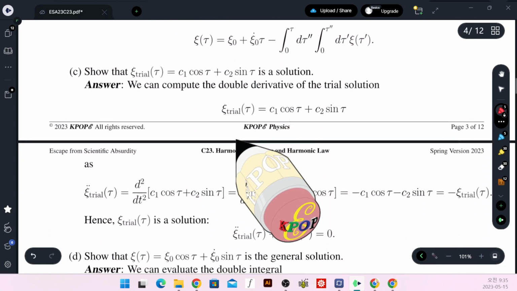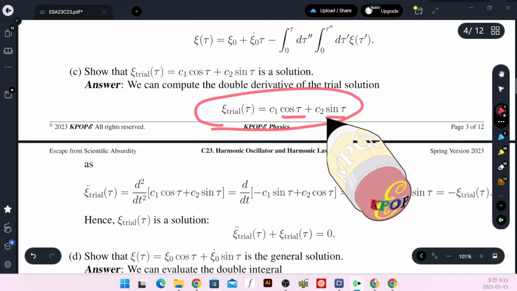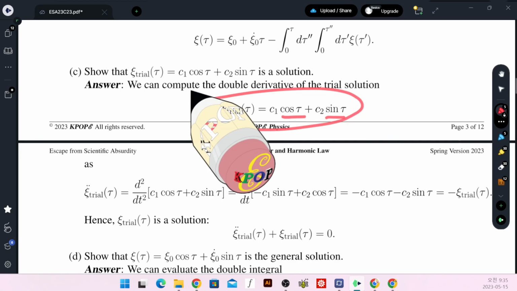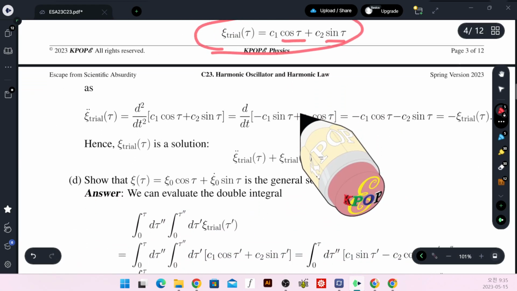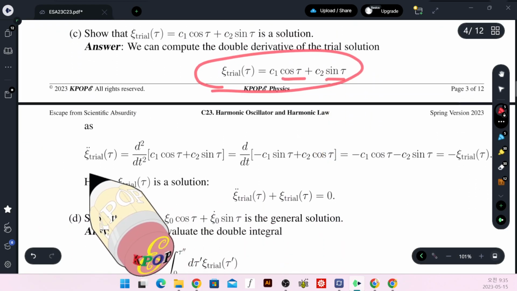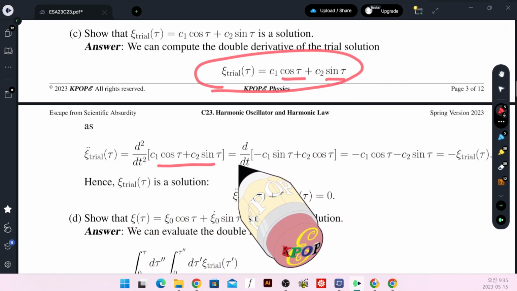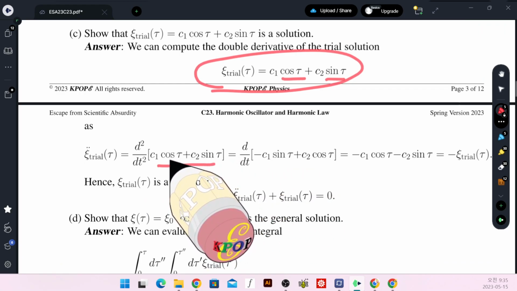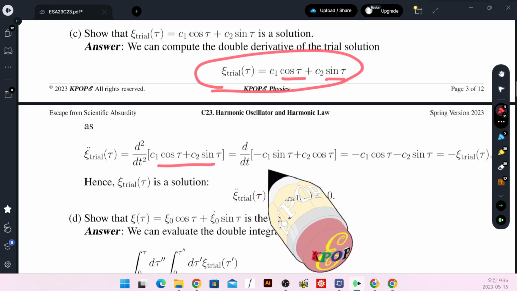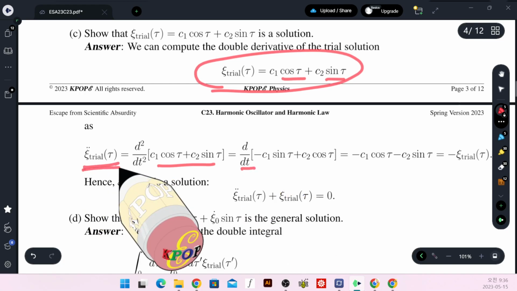You can follow this to reach the point that you can try the solution, a linear combination of a sine and cosine, whose argument is the dimensionless parameter tau. And if you take the derivative of this trial solution, a single derivative flips the cosine into sine and sine into cosine. If you take the derivative one more time to have the double time derivative,